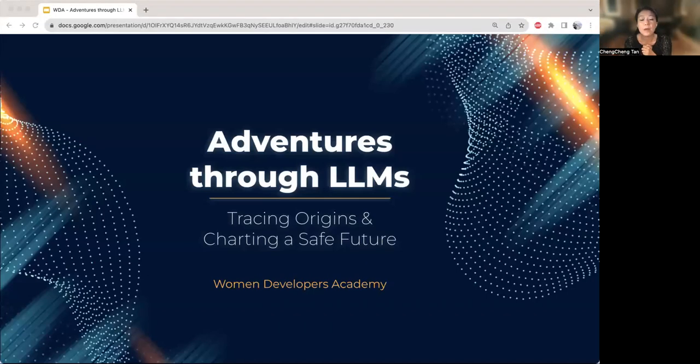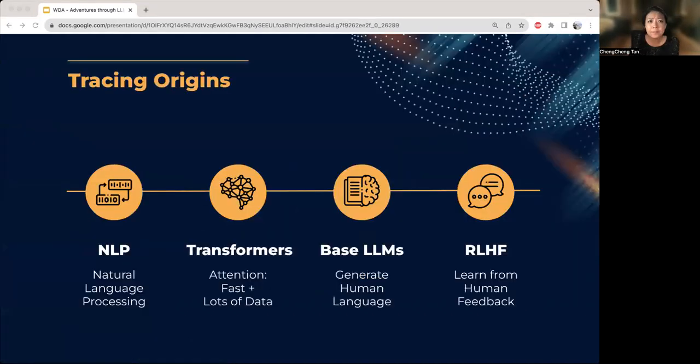Welcome. By now, I'm sure you've heard of generative AI and LLMs, but how did we get here and how can we continue on safely? So first of all, we're going to wade through an alphabet soup of jargon. We'll focus on LLMs, which stand for large language models. So what are language models and how did they get so large? We'll get a sense of how all these pieces fit together.